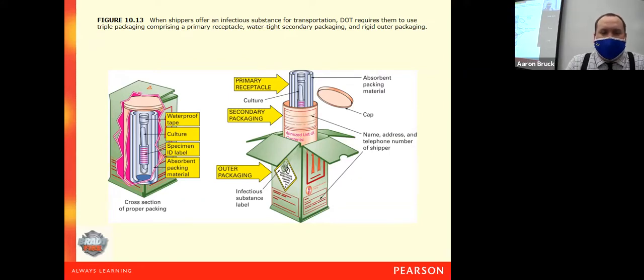That goes inside of a secondary package. The secondary package tells what is in it, where it came from, who sent it. That is usually made out of some kind of rigid cardboard, something that is also relatively water resistant. And then finally, all of that is packed into a larger third box that is usually of some kind of rigid material, potentially encased in packing material, styrofoam, something that would prevent accidental tipping and shock and that kind of thing.